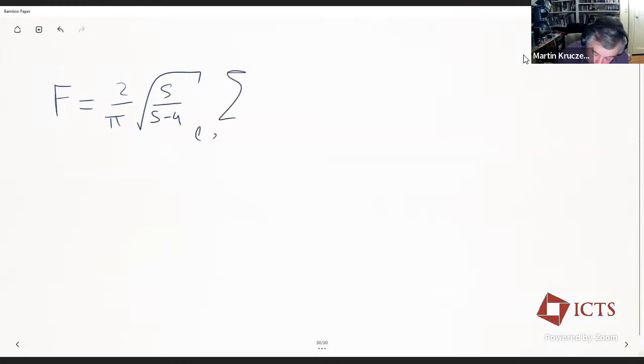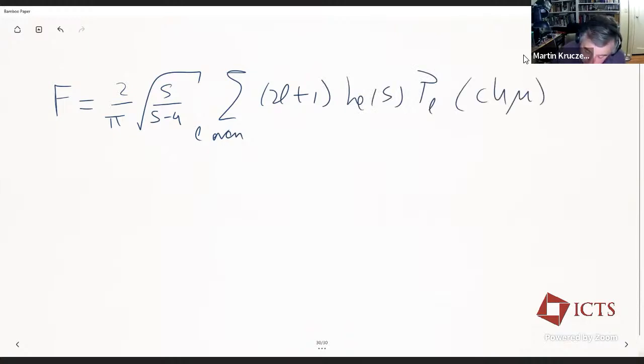Sum over L, and L is even here, but that doesn't affect the conversions. H_L of S, and this is P_L of cos mu, where cos mu we say is 1 plus 2t over S minus 4. And so the first observation is that this series expansion corresponds to an analytic function of t. It has a cut for t bigger than 4, and that means that that's the nearest singularity. So this series should converge whenever t is less than 4, and so the borderline is when t